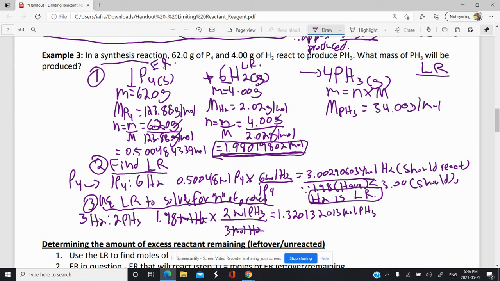But I do need to finish the question because it's asked what mass of pH3. So I'm going to finish up the step over here. Step 4, my mass is going to be equal to my number of moles times my molar mass, which is going to be equal to the 1.32 moles. I didn't put all the digits in there, but they're still in my calculator, times 34.00 grams per mole. Cross out the moles and you're left with the grams. So times 34, and we get about